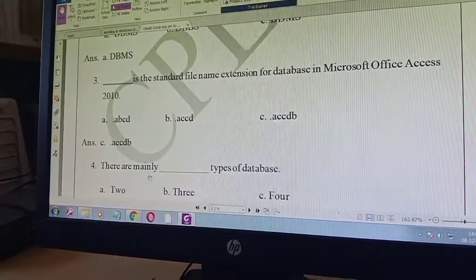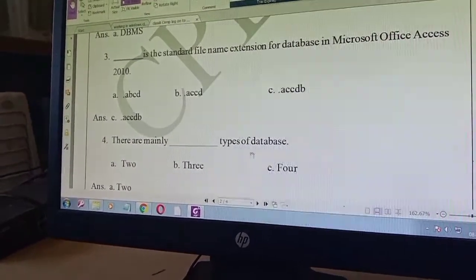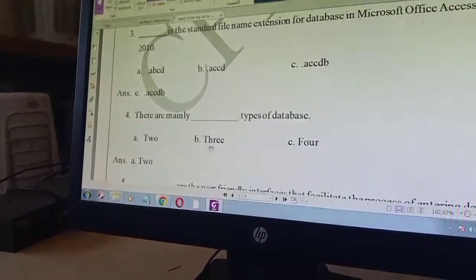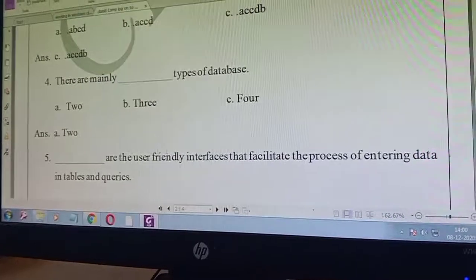There are mainly two types of databases.